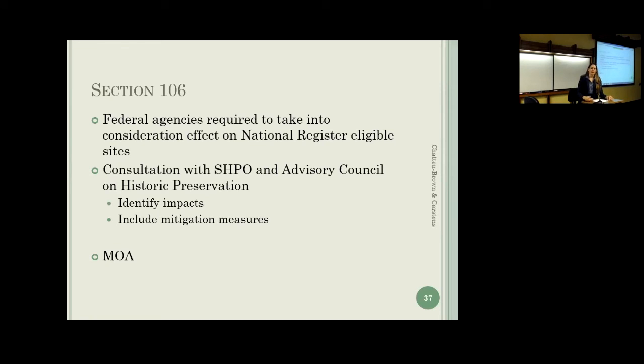But there isn't a requirement that there be any specific outcome. If SHPO really wanted the project to eliminate a portion of the impact, but through consultation the federal agency doesn't agree to that, it can still be approved under Section 106. Section 106 just requires them to go through this process, which is intended to help suss out the impacts and make the agency consider ways to reduce those.